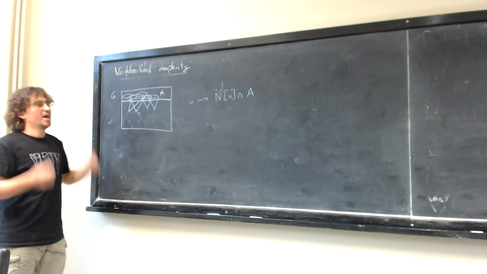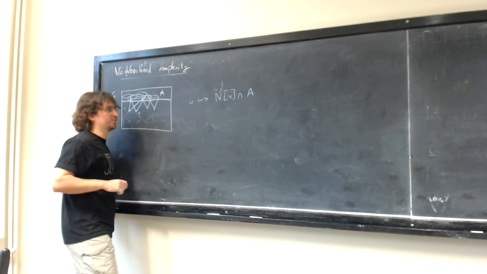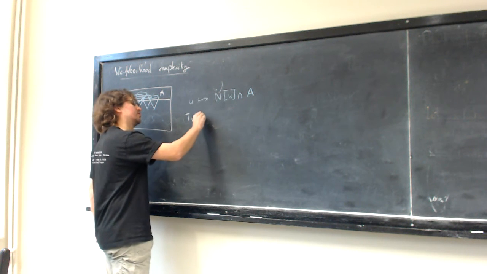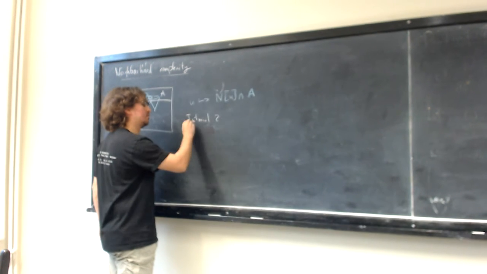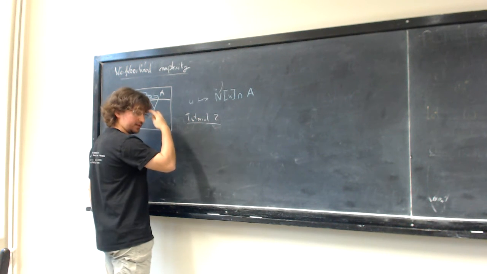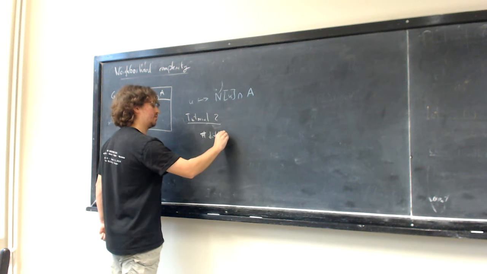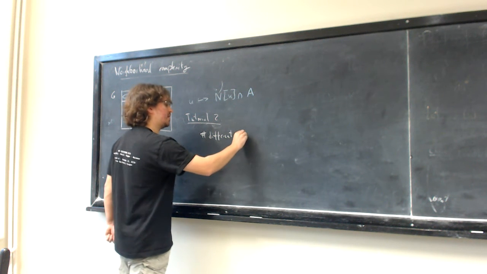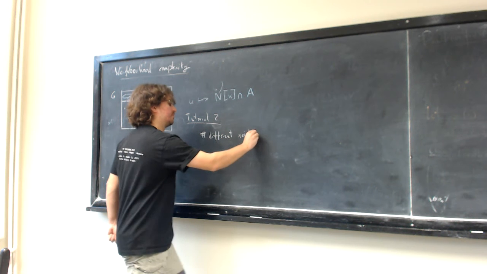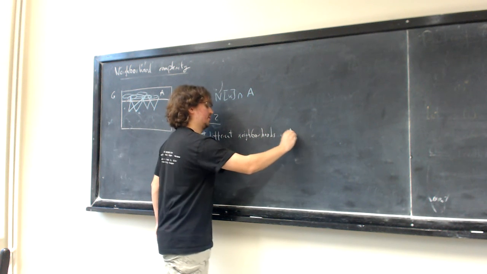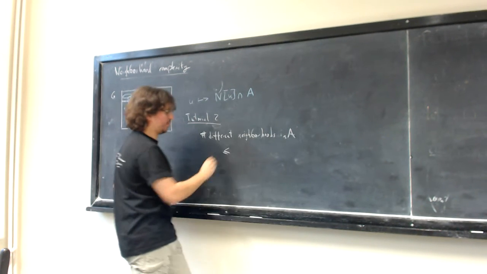Yeah? And this is what we proved during the second tutorial, so tutorial 2, we proved that the number of different neighborhoods in A is upper bounded by,